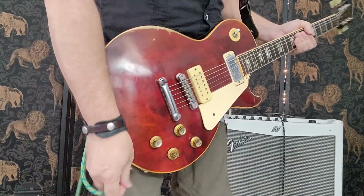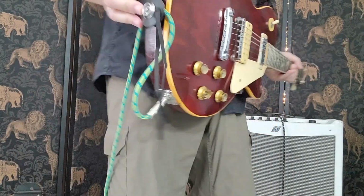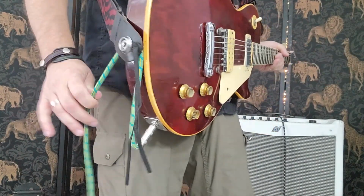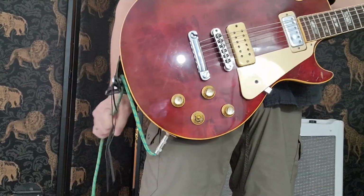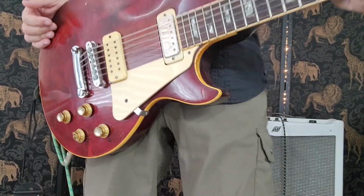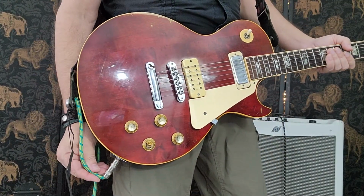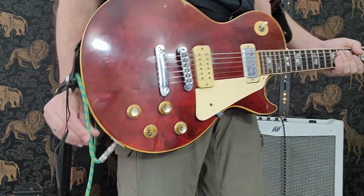Just take it and tuck it up underneath your strap and then bring it down. I was looking at it backwards there. Plug it in. Now it's tucked underneath your strap. Good luck pulling that cord out. You could step on it all day long and you might trip yourself, but you're not going to unplug your guitar. But you can see the strain it just put right on that when I pulled on it tight